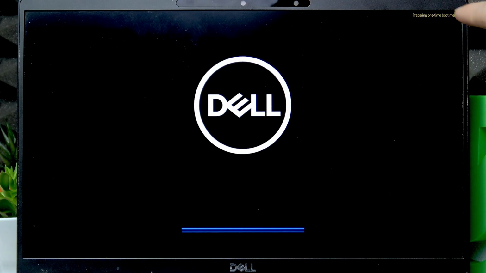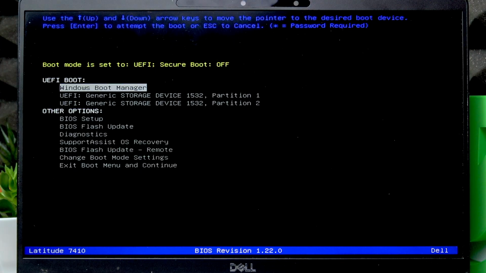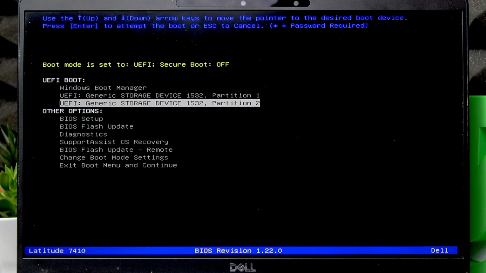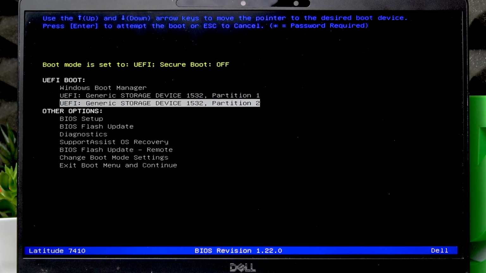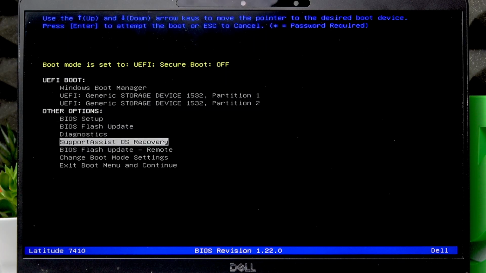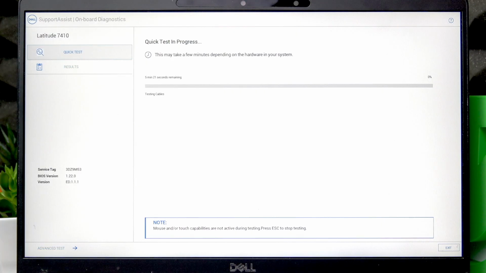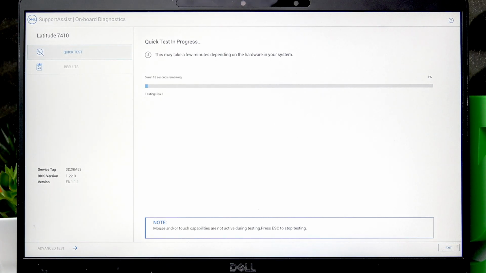and at some point you will see preparing one-time boot menu on your screen. Now here you can navigate using your up and down arrow keys. Enter to select, escape to leave this menu. In our case, we're going to have to go to the Diagnostics option, press enter to confirm, and then your PC will